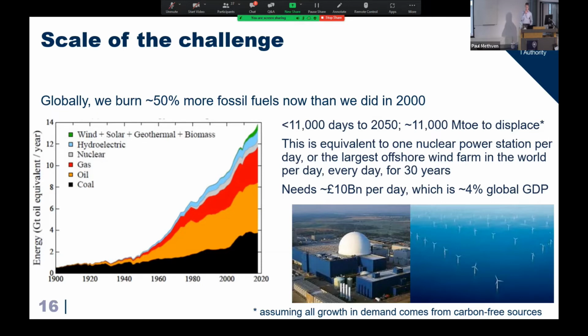So if you have to displace 11,000 megatons of oil equivalent in 11,000 days, that's kind of one a day. And what does that mean in energy production? Well, a megaton equivalent of oil is about a Sizewell B nuclear power station's output, or a Hornsea wind farm output. So if globally you've got to build and start producing one of those per day, every day for the next 30 years, just to displace the energy demand that you see on the left, without even considering what's going to happen between now and 2050 and then beyond, you begin to get a sense of the scale of the